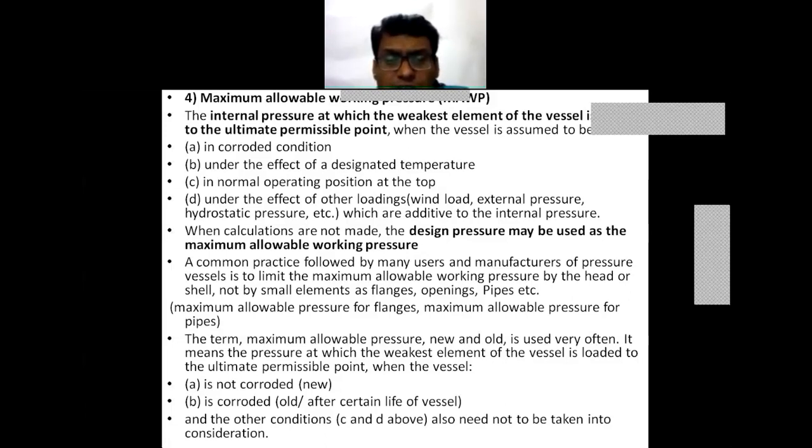When the vessel is not corroded and when it is corroded, that is after a certain service life, how new is it? After a certain number of years, there will be certain corrosion, certain deterioration of that metal, and what can its strength be after that period? That is to be taken into account, and the other conditions also need to be taken into